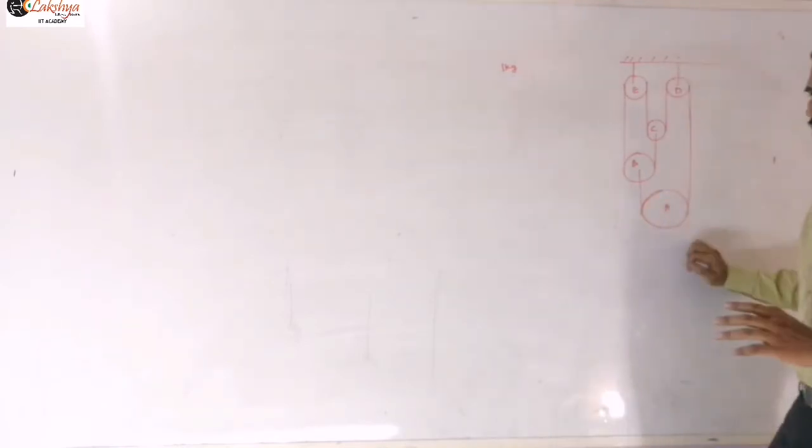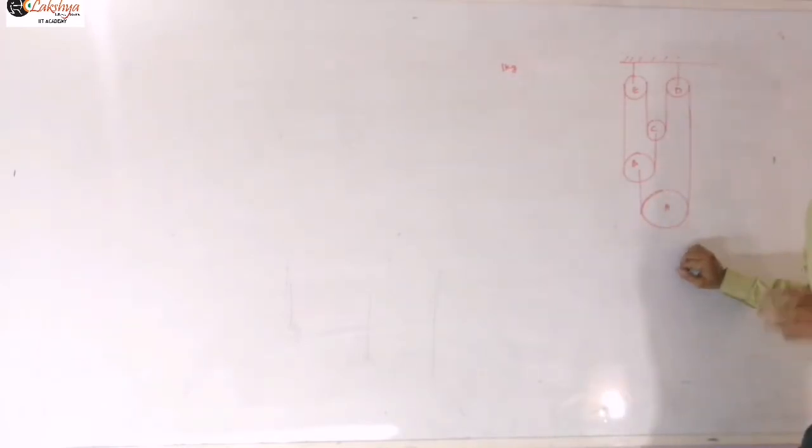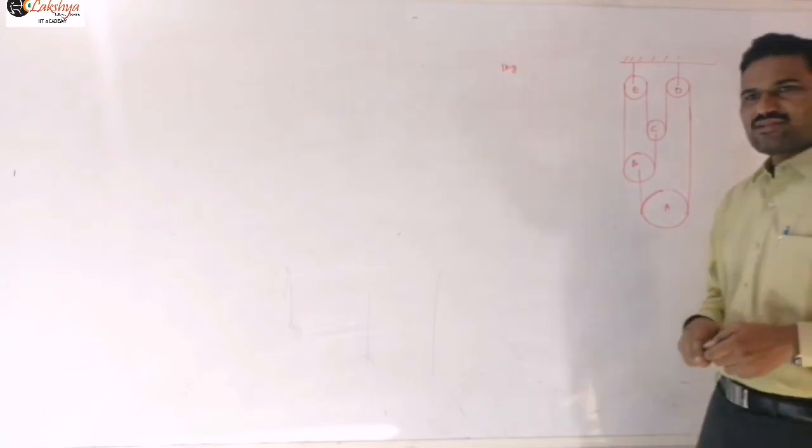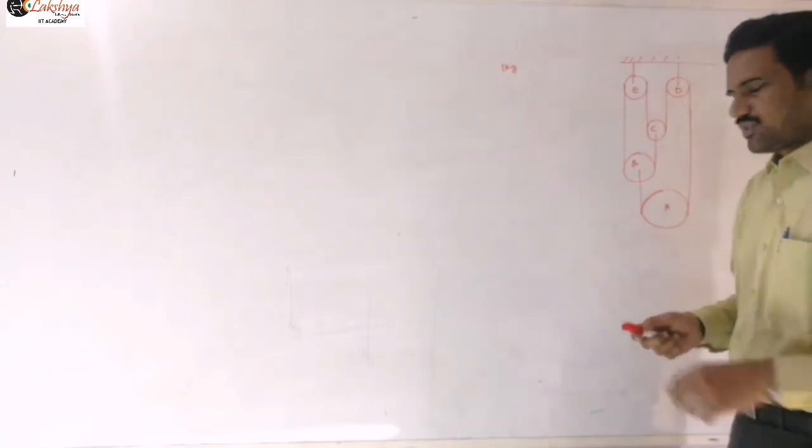So when the pulley is having some mass, you simply need to consider the pulley mass, and the weight of that pulley also, in our free body diagram, and just write the force equation for this. Again, you can write the constraint equation either by using the length method or by using the tension method. First you need to assume some directions of motion. You can assume any direction, as I said, and accordingly write the force equations there.